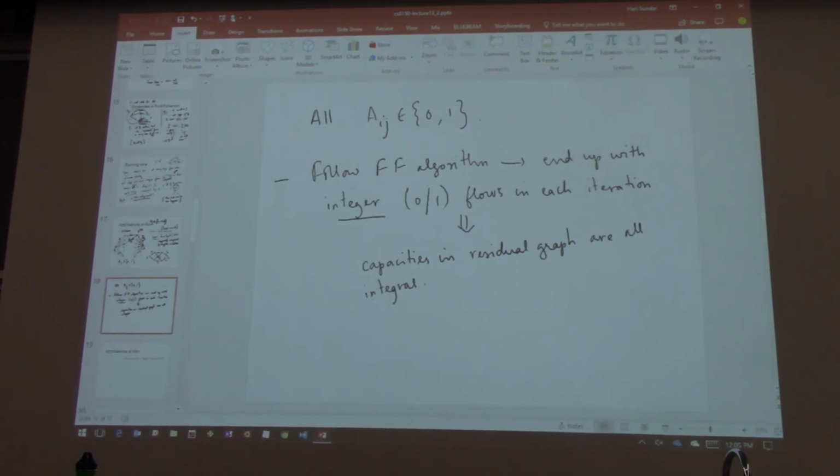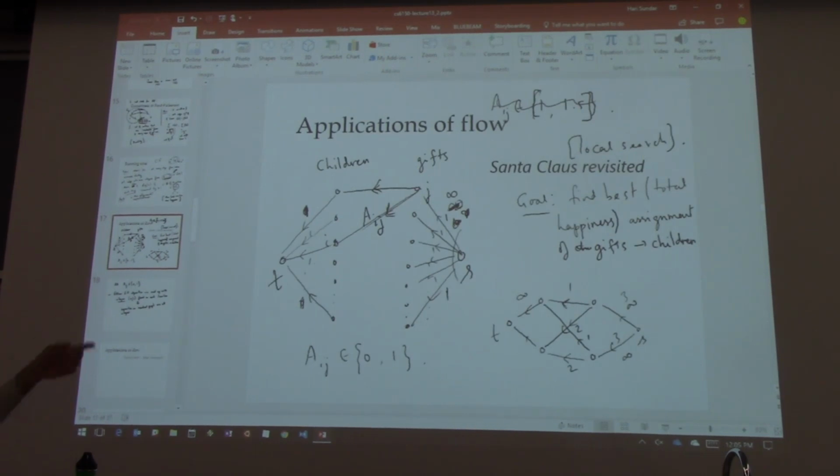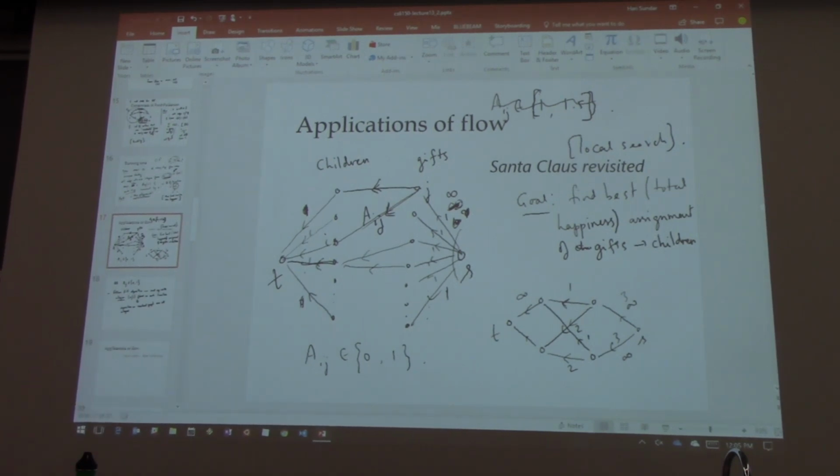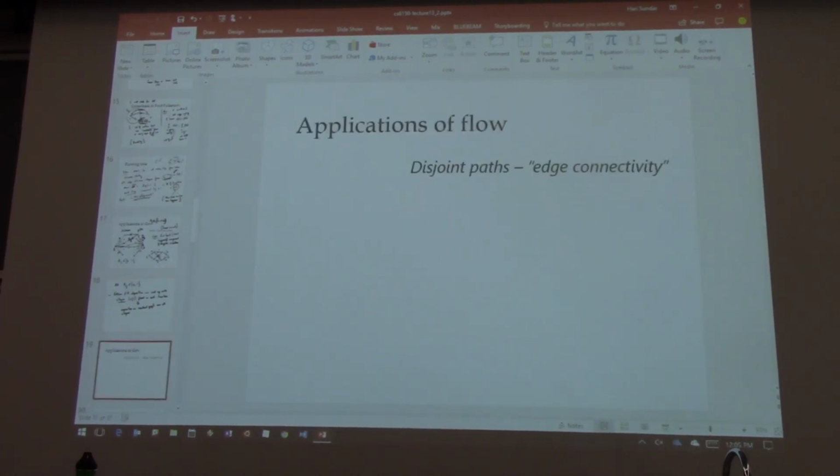And this means that any flow you find is also an integer flow. And then you can convince yourself that you can't have a 2 here. The capacities of these edges are only 1. Therefore, everything has to be 0 or 1. There can't be 2 units of flow flowing into any vertex, because by flow conservation, then this would have to be 2. But the capacity there is only 1. So this is just one example. This is called unweighted bipartite matching.